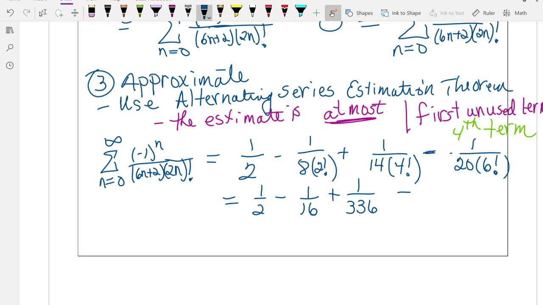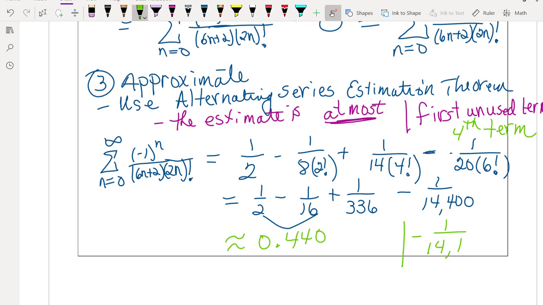And then, of course, the last term is going to be my accuracy term. So when I add these 3 together, I get an answer of approximately 0.440. And if I check my accuracy, so if I take the absolute value of -1 over 14,400,